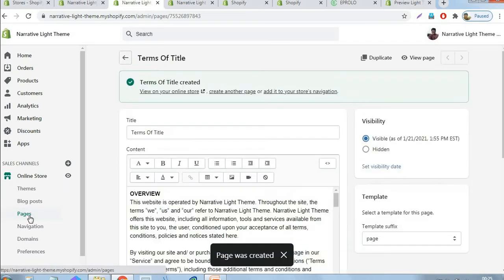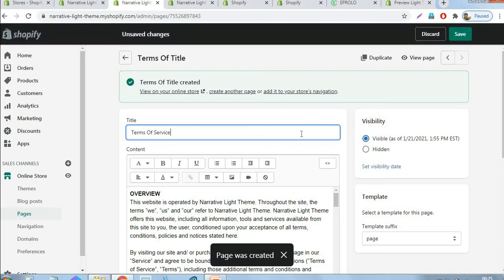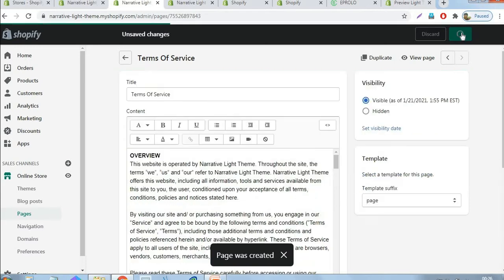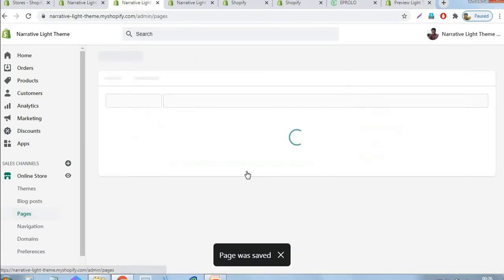Once again I mistyped here, I think. Yes, terms of service. Okay, yes. Okay, the page was saved. Now we have created 4 important pages.